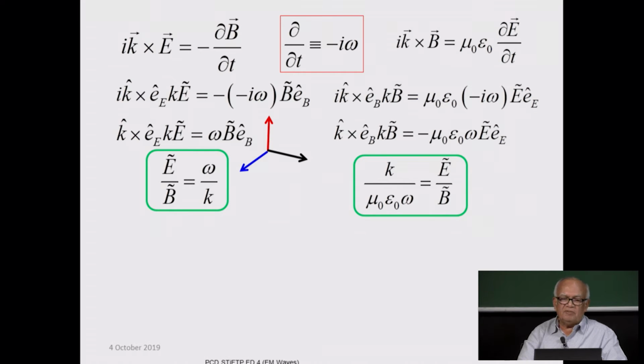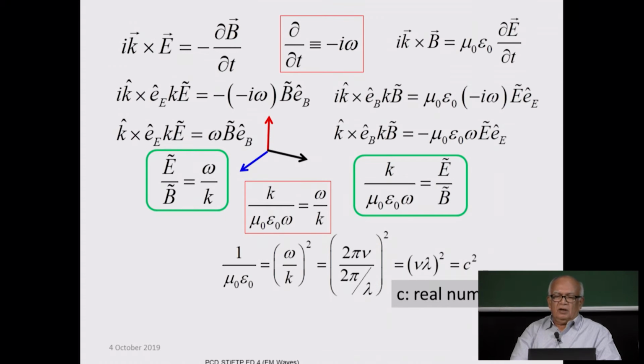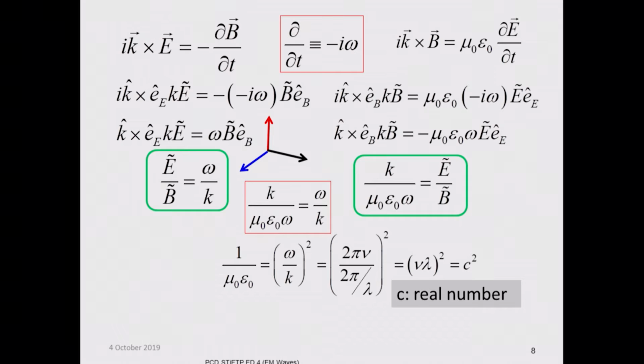Now that is amazing. k over mu 0 epsilon 0 omega must be equal to omega over k, all right, which means that c square is equal to 1 over mu 0 epsilon 0. Now, this is shocking. You got the speed,